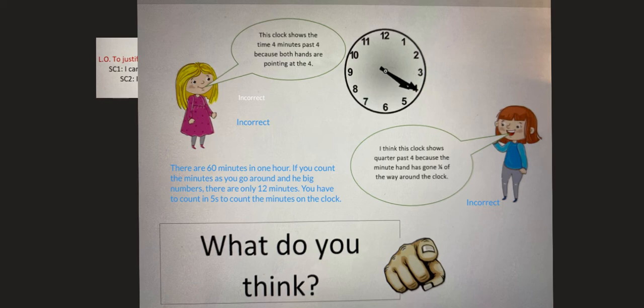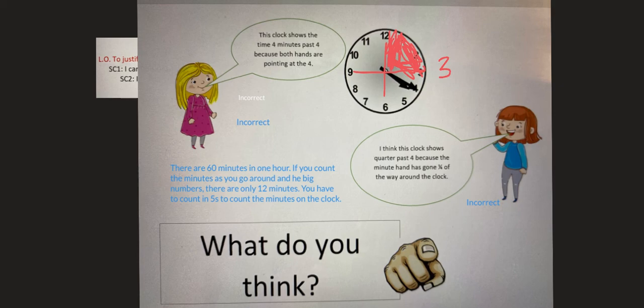Super. So we know that 1/4 means 1 out of 4 pieces. So if we're going to split the clock into 4 pieces that are equal, I will split the clock into 4 pieces. Then this would be 1/4 of the way around the clock. So 1/4 would be at the 3,